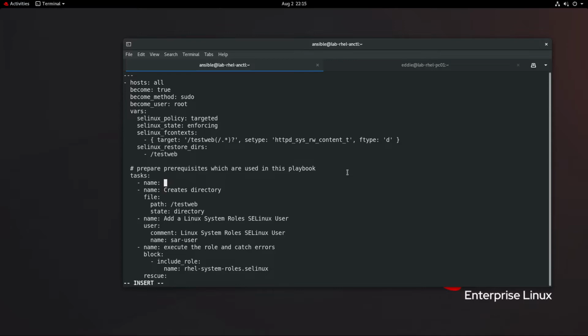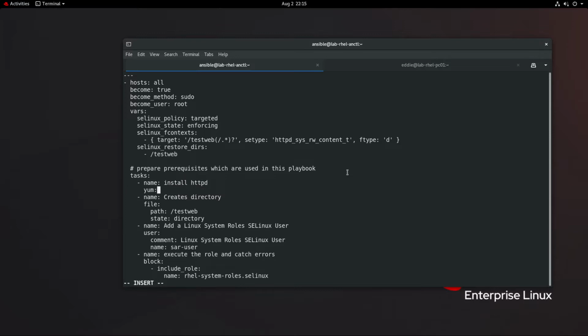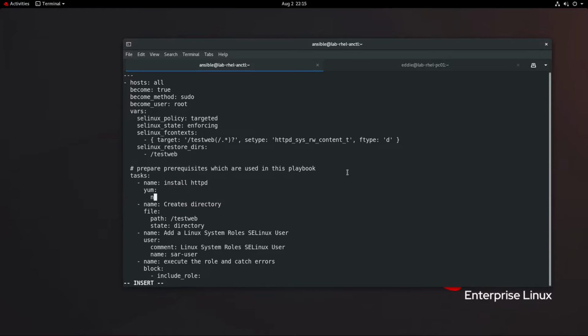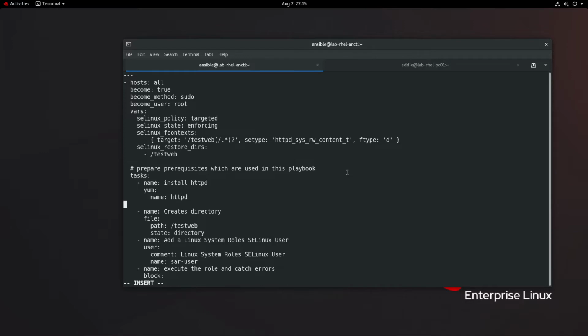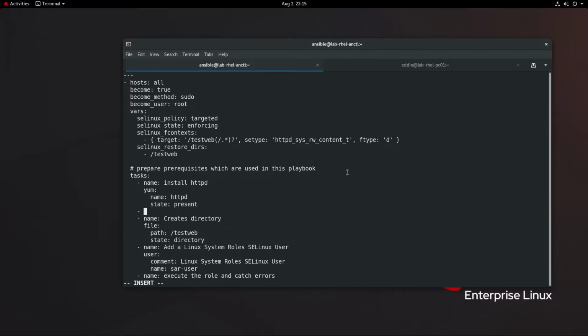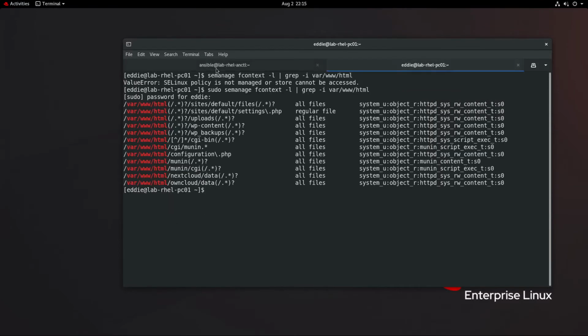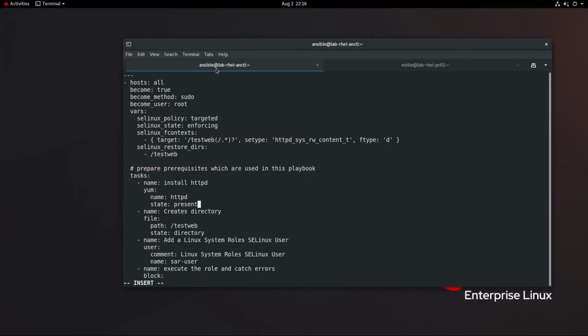All right, so with this we'll do install HTTPD, go ahead and do yum, name HTTPD, state present. I guess we can do a config file. What do I want to do that with? I can never remember the exact directive off the top of my head. I know it's DocumentRoot. I guess I could do, no, that'll replace the entire thing though. I don't want to replace the entire line. I would just want to replace some text with it. All right, so when in doubt, I'm going to,